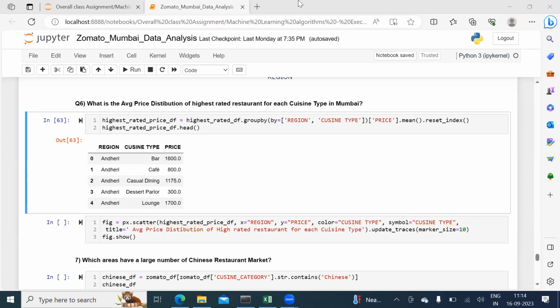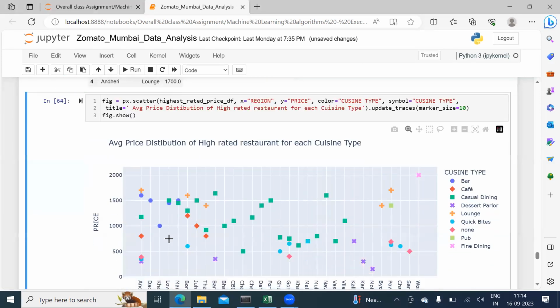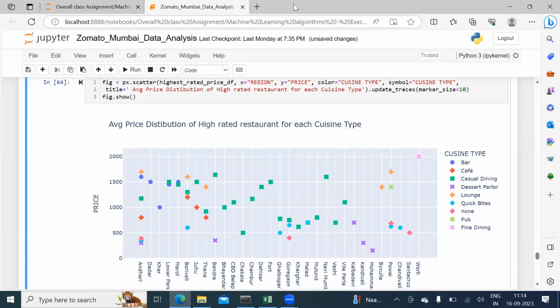Okay, now what am I going to do? I'm going to run this particular script. Once I run that, I'm able to see something like this. I have cuisine type, which is this, and I have the x-axis regions, and in the y-axis I have the mean price. And the cuisine type with the color symbol is, as I was saying, plus, diamond, x, something like